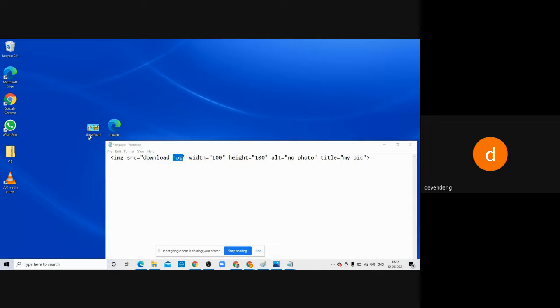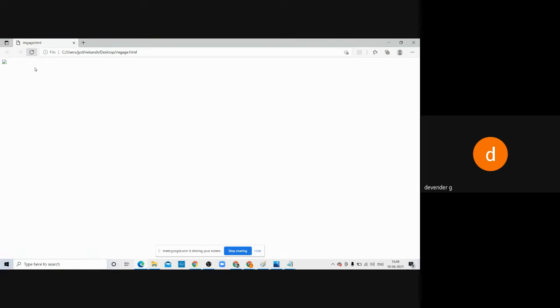For that, I'll put the cursor on it, and it will show me the information. It gives me the tooltip that it is a JPG file. You can also see the dimension 300 into 168. I'll remove all this for a few minutes, then we'll see what happens. I'll cut this, save this, go to my browser and refresh. It is JPEG, we'll see. Now you can see I got the image.